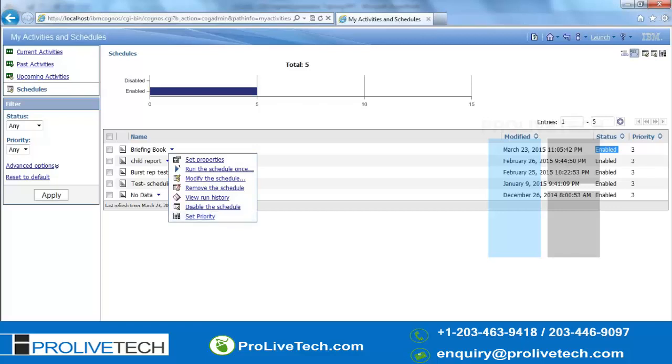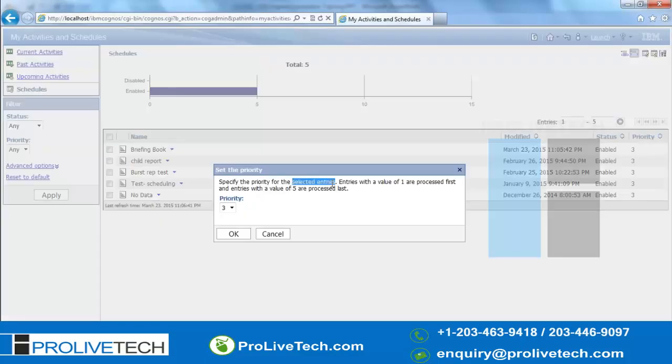What is the priority? It says priority 3. By default it will be 3. If you have 5 reports scheduled, which report has to run first? Entries with the value of 1 are processed first, and entries with the value of 5 are processed last.